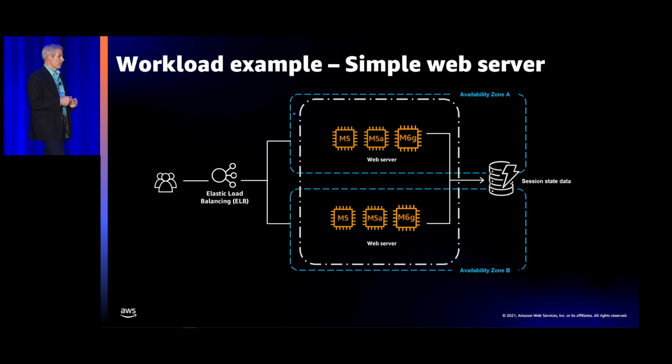Let me give you a couple of workload examples before I turn it over to Chris here. This is a simple web server example. And in this example, you can see that the customer is using multiple availability zones. In this case, they're using availability zone A in the top and B in the bottom. So in this case, 2. I'd recommend, if you can, be even more flexible, potentially selecting 3. My slide is out of room for a 3rd. That's the only reason it's not here.